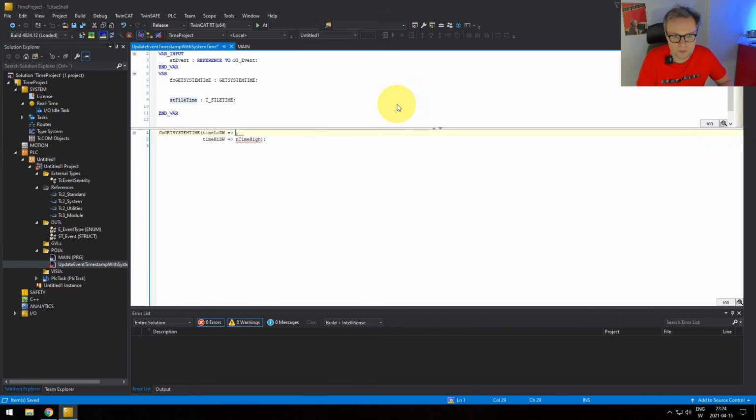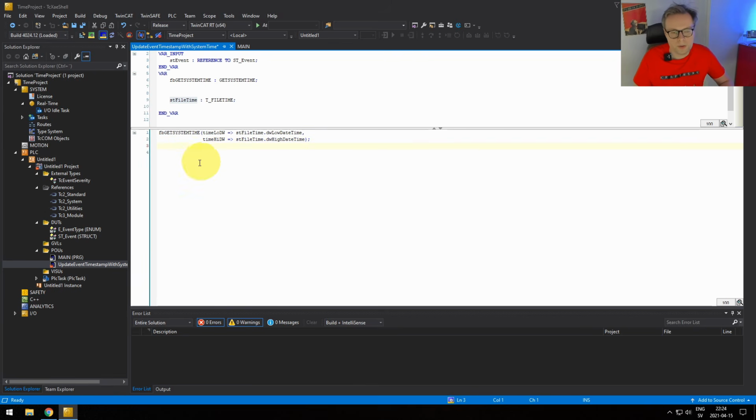So we remove these two, and we just use stFileTime.low. So the low part of this get system time goes into this part of our structure, and then we'll go with the high date time.